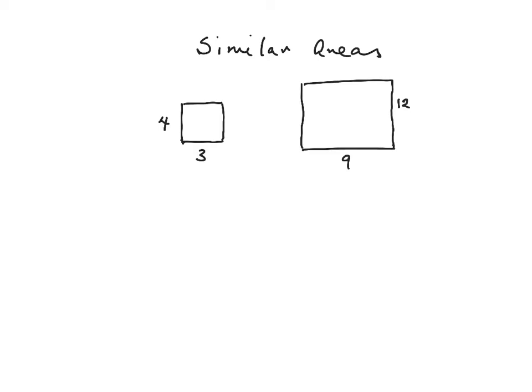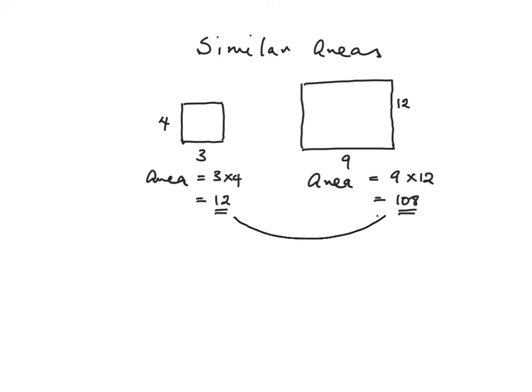Now the area of this shape is 3 times 4, which is 12 units squared, and the area of this shape is 9 times 12, which is 108 units squared. Next thing to consider is, how do we get from 12 to 108? Well, 108 over 12